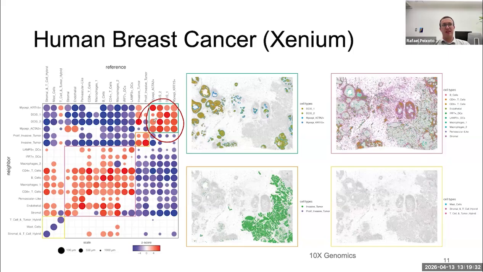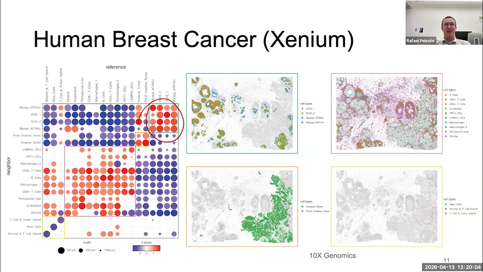So basically what we did here is we performed the dot plot, calculated the relationships for all the cell types paired, then we performed hierarchical clustering just to organize the cell types, and we are able to locate the cell types that share a similar colocalization or separation pattern. And using this, we can locate the different tissue structures. This method is not designed to identify tissue structures, but you can identify the cell types that have a similar